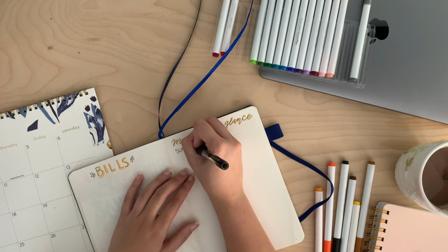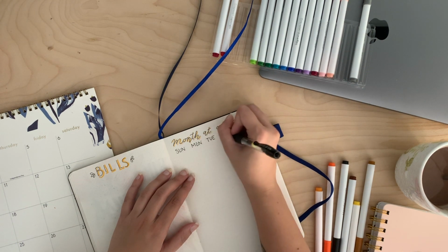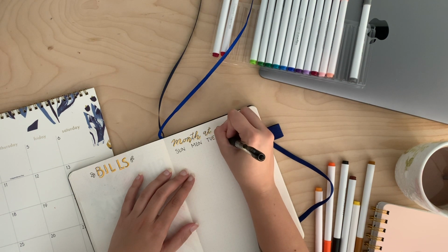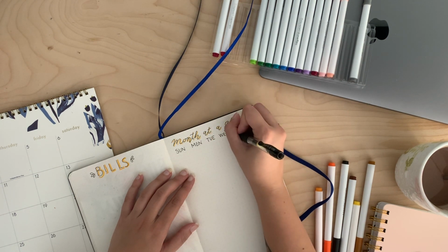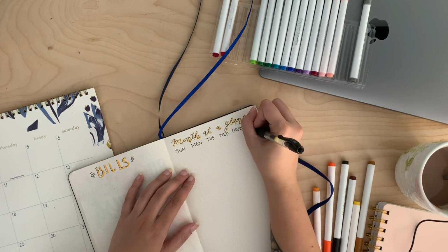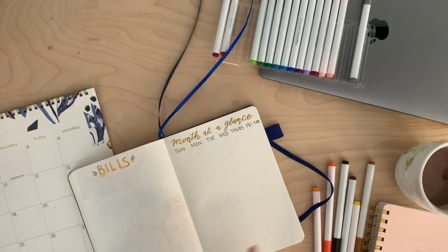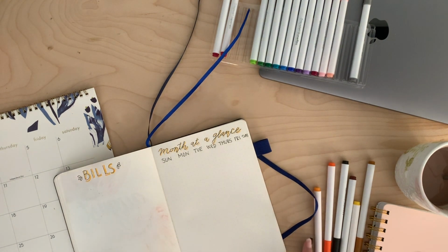Sunday, Monday, I'm running out of space. Friday and Saturday. Cool. So this is why you do want to measure things out before you put them down, but it is okay. We will be fine. That's perfectly fine. So what we're going to do actually,